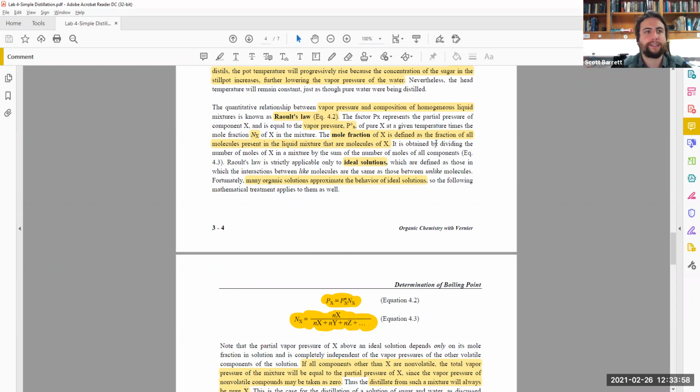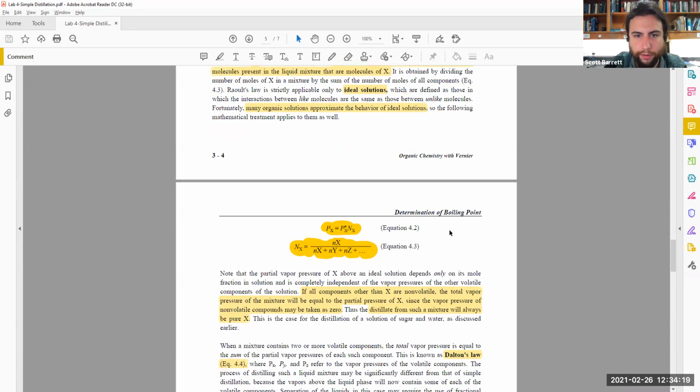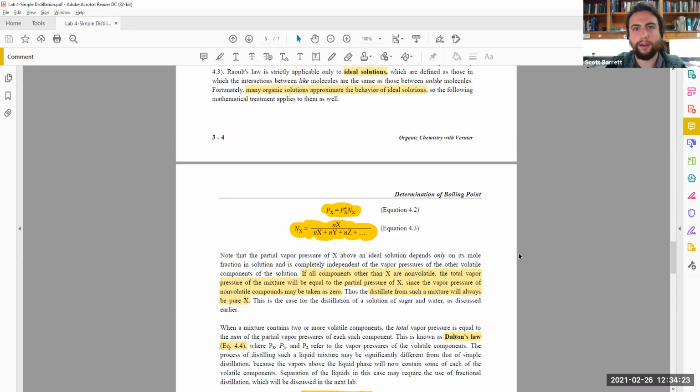Going further into advanced chemistry, you would understand derivations that would come to head of real solutions instead of ideal solutions. But for this class's sake, we'll be utilizing the idea of ideal solutions and utilizing these kind of rounded, I'll call them, equations. So going forward, now that we understand the mole fraction equation here and Raoult's law,